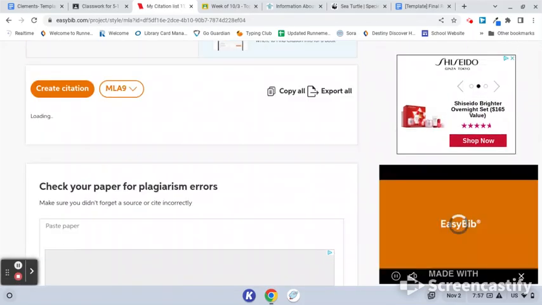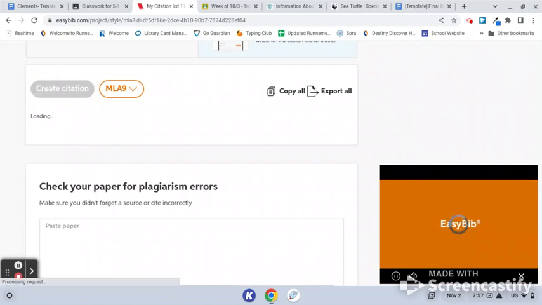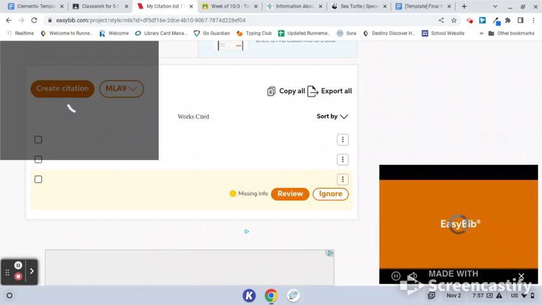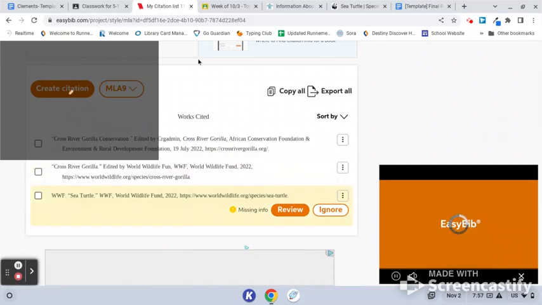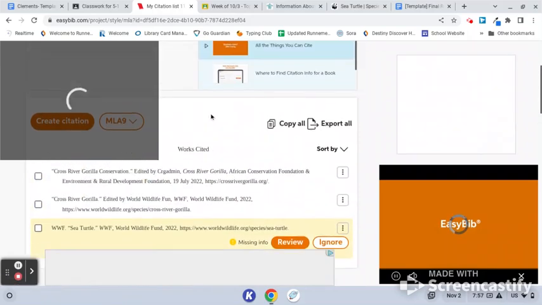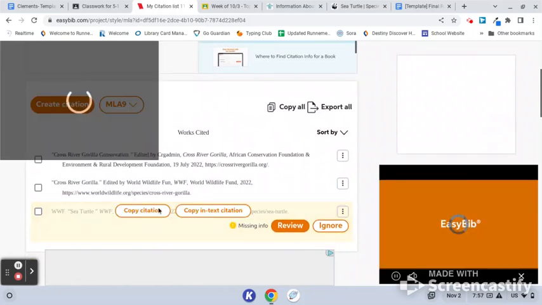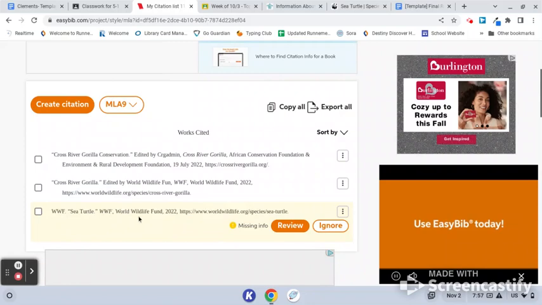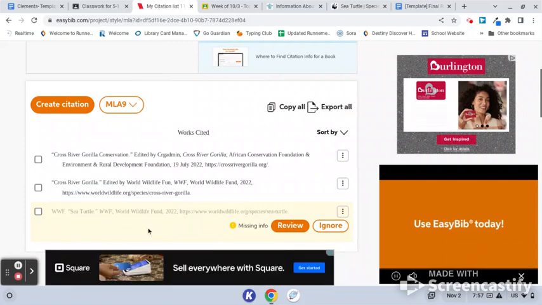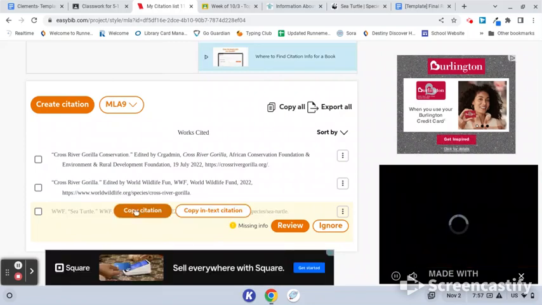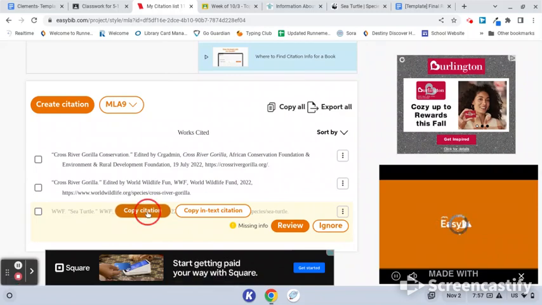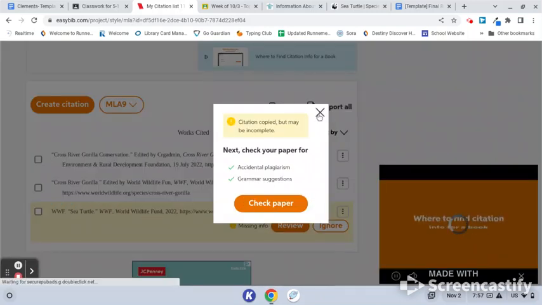Okay, it's going to load it up. Give it a second. And then it will automatically create the site for you. So you can see right here, here's the WWF Sea Turtle site, all the information that we need. And then when I hover over top of it, it gives me this option to copy citation. So I'm going to say copy citation, close out that,